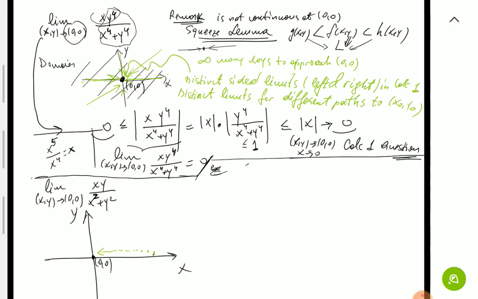Like for example, 0.4, 0.2, 0.10, and so on and so forth. So I'm approaching 0, 0 with points on the x-axis. That means y is 0, x approaches 0, but is not exactly equal to 0. So on this path, the actual function is going to be x times 0 over x squared plus 0 squared. If we simplify this,